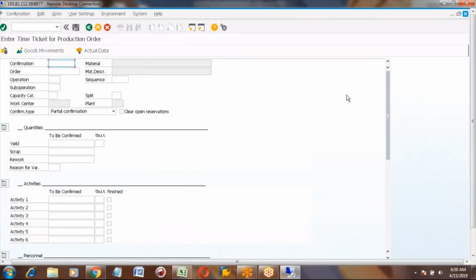As I told you, this is operation wise confirmation. First you need to enter the production order. Order number we will enter here.